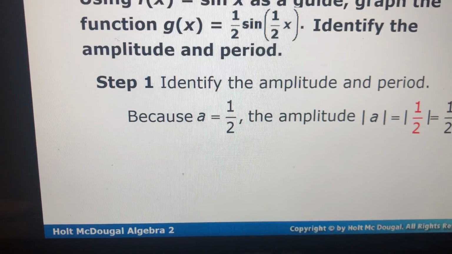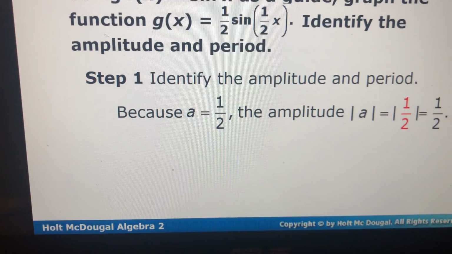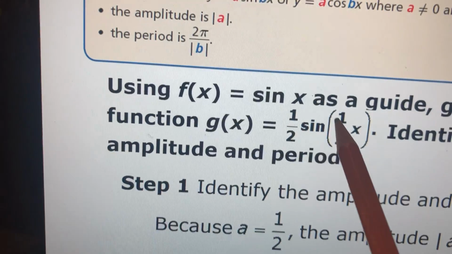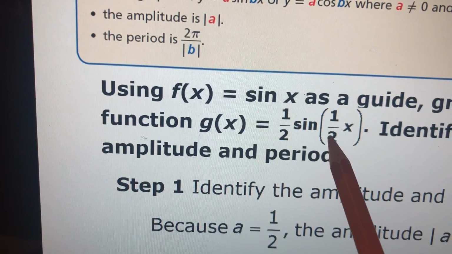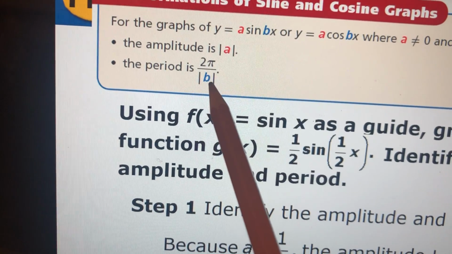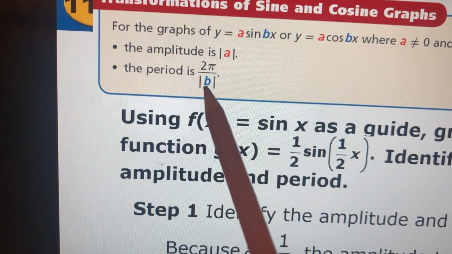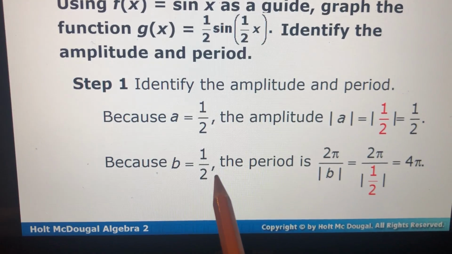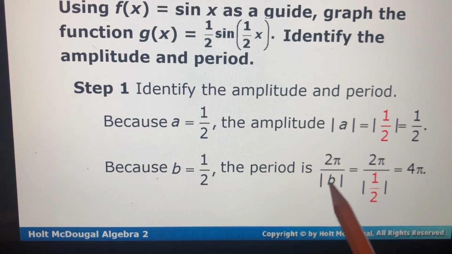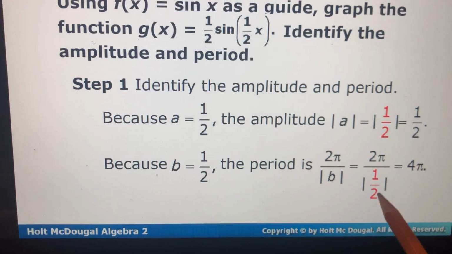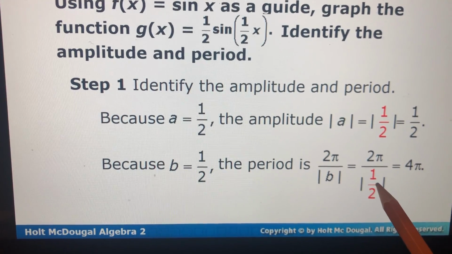Now your period, you need to identify the b, and again, b is in front of your x. So here, what is our b? Our b is going to be 1/2. That doesn't mean that my period is 1/2. I have to figure out what my period is. Now I have to take the b and put it in there. Because b is 1/2, you're going to put 2 pi over the absolute value of b, right? So I'm going to take 2 pi and divide it by 1/2,